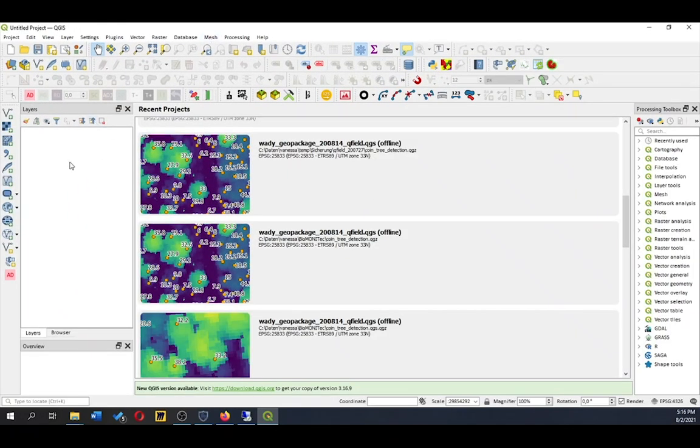In QGIS, it's quite similar to SMART. So we have here our different layers. We have the styling panel, and now let's import a shapefile. In this case, we click on add a vector layer,